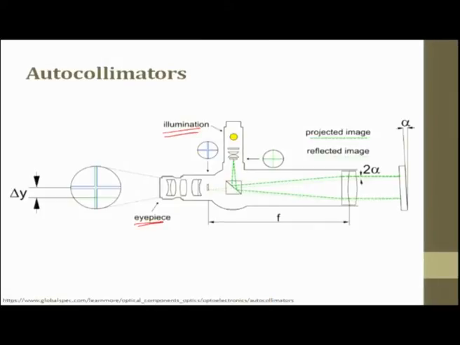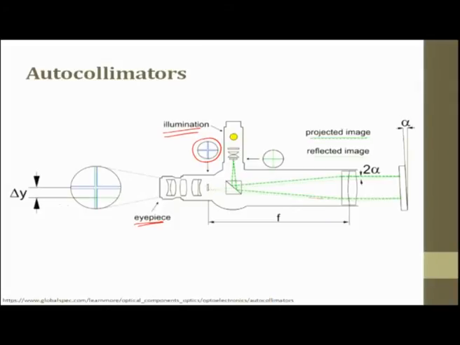So this is the illumination. Before the eyepiece you have a cross wire, and then this is projected and this is reflected. So the light comes from here, goes to the beam splitter, it splits the light, and half of it goes this way and hits the surface, and then it comes back. They get reconstructed and you can see it at the eyepiece side. So here you will have a cross wire which is seen.